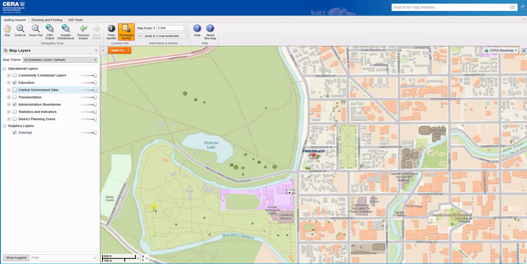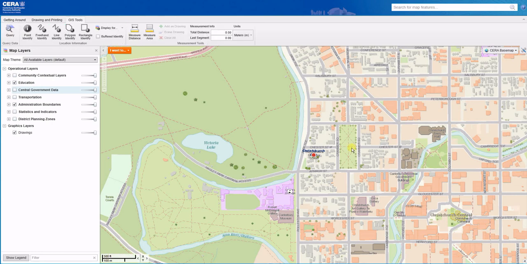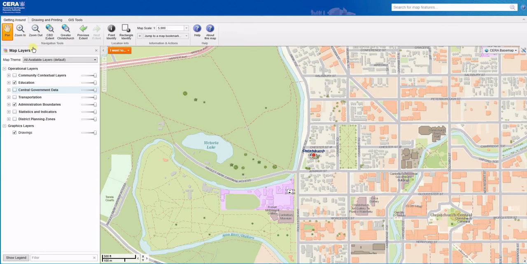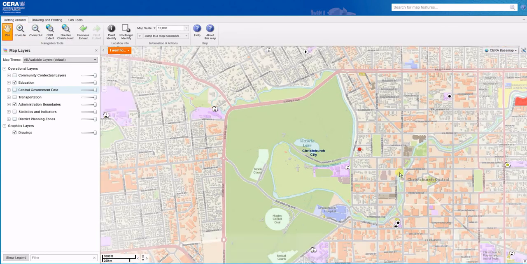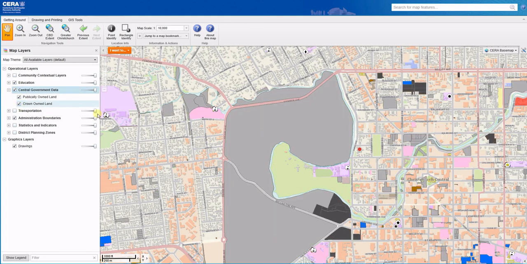Another quick tip is you have the XY coordinates at the bottom of the viewer. If we click on that, we can see the coordinates. If I move my mouse, you can see the coordinates changing. So this is useful if you're after XY coordinates. You can also remove your scale bar, or you can have it on if you find it useful. If we zoom out, and add a few more layers,